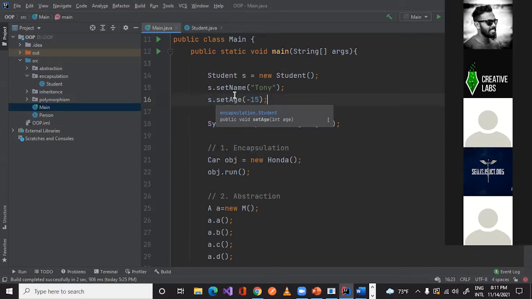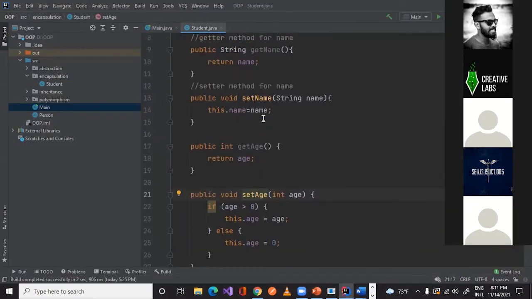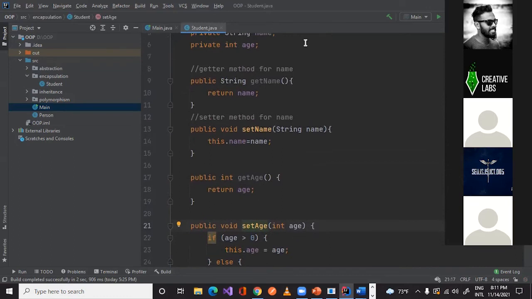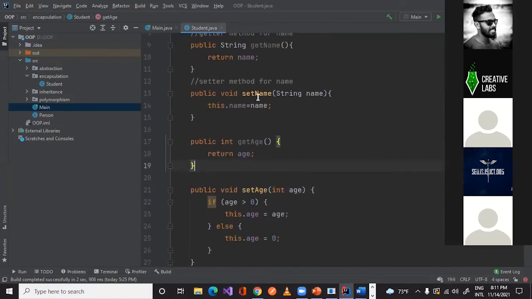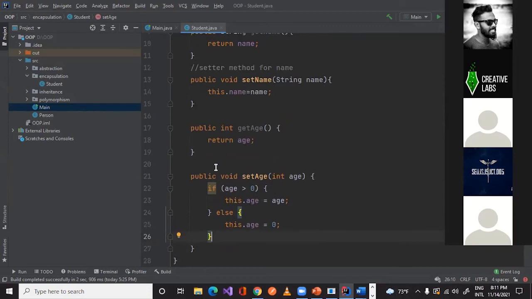So encapsulation is basically wrapping the code into this single class, and also hiding the data and its implementation from the outside world.